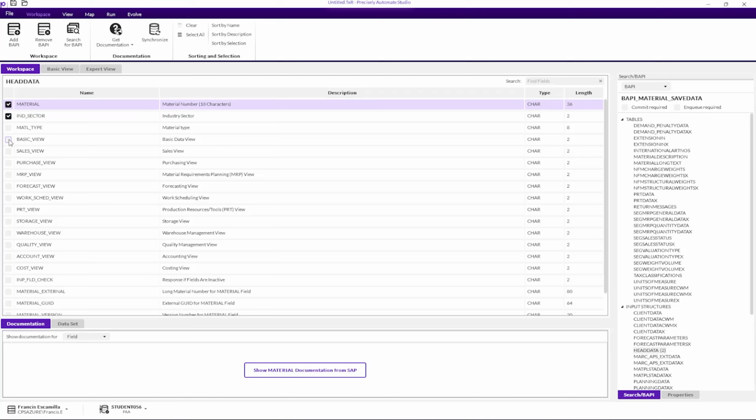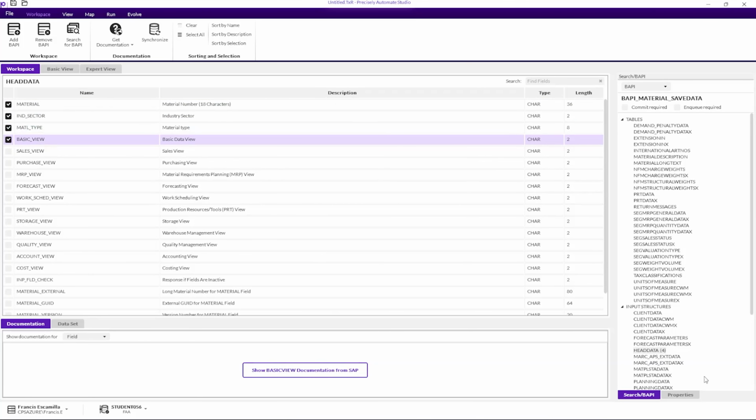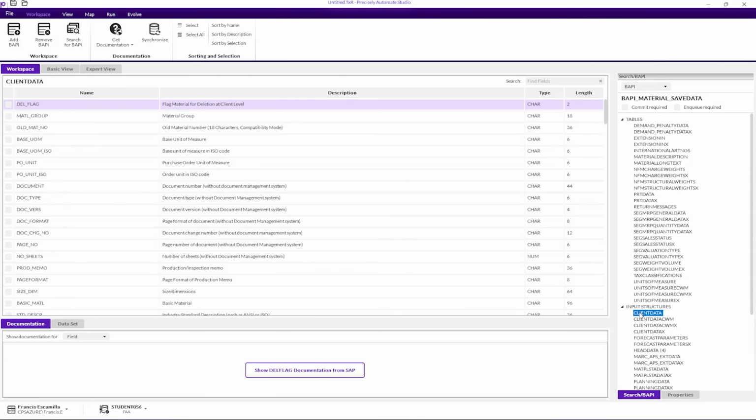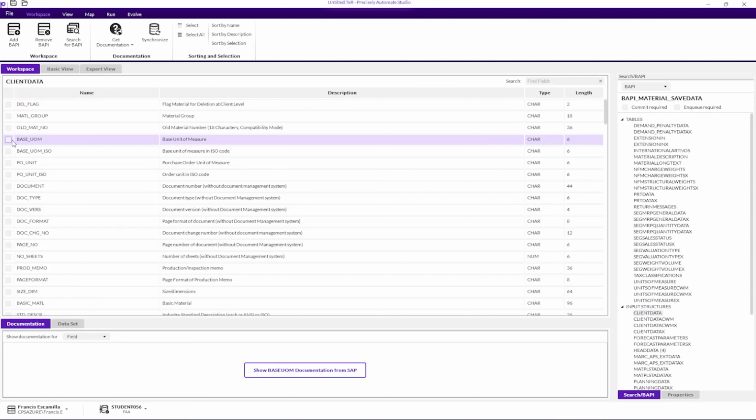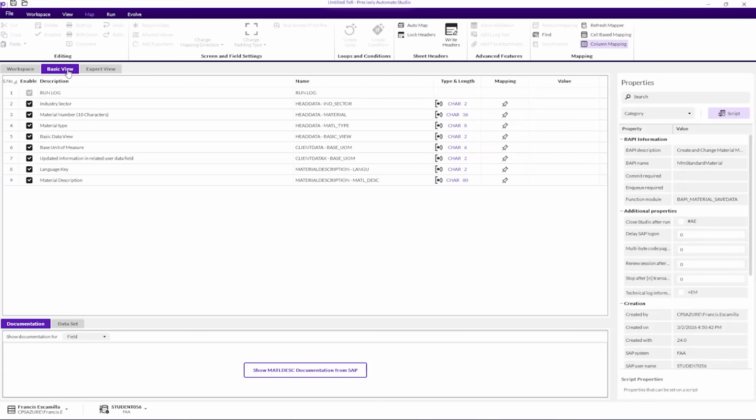We're going to go ahead and select material type and select basic view to set the X. Then a couple more fields. Select our base unit of measure. And then for the material description, we're going to go to the table section. And we go over to the basic view, and it's going to show all the fields that we selected to